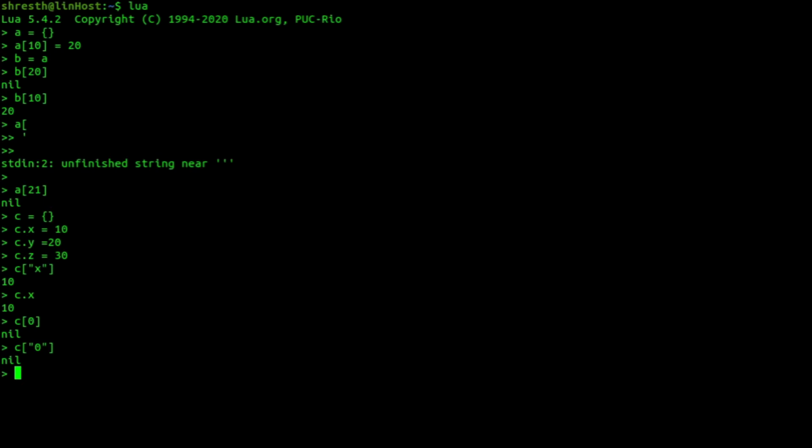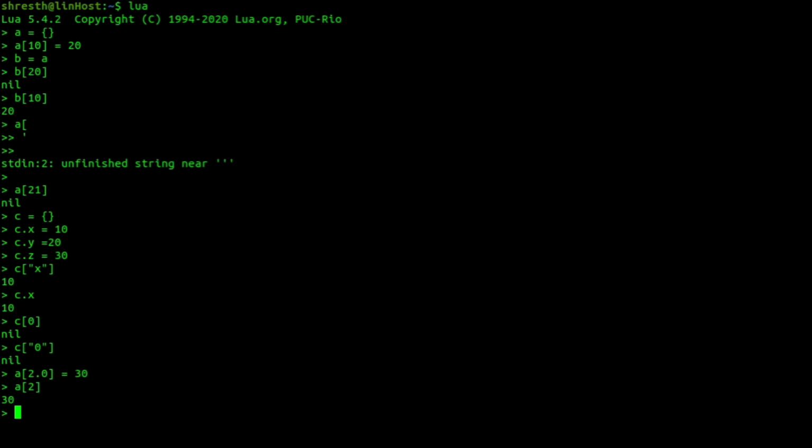But there is an exception to this rule, which is if I say a of float number 2.0 equal to 30, and I access the same using the integer, if the equivalent value is equal, it will give us the result. So here a of 2.0 and a of 2 mean the same thing because the underlying numeric value is the same.